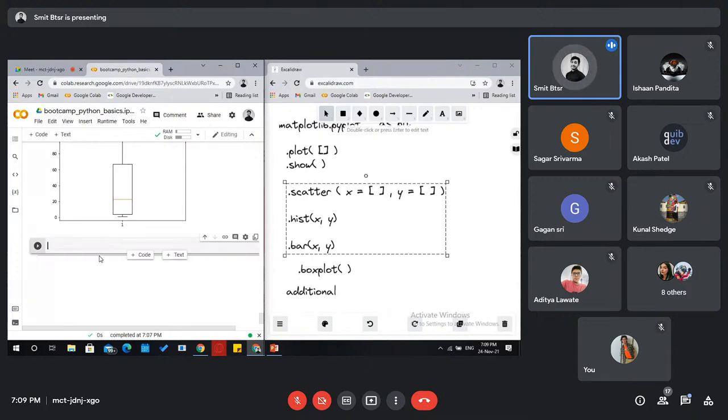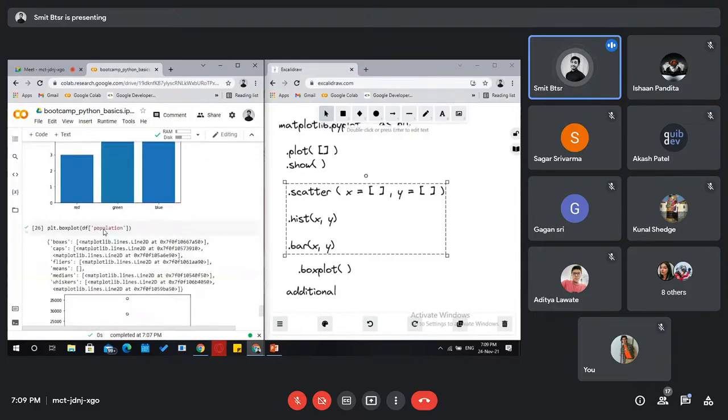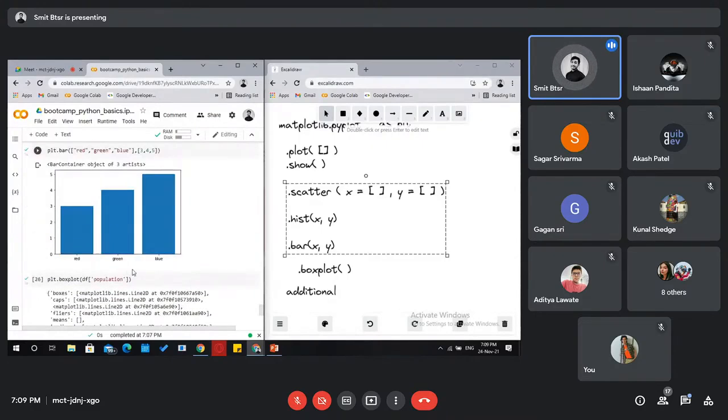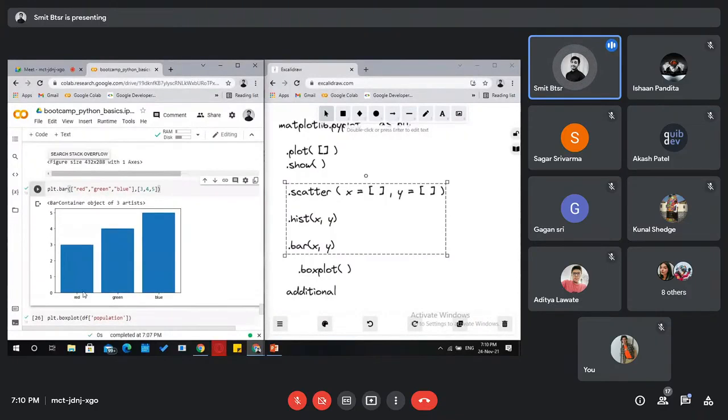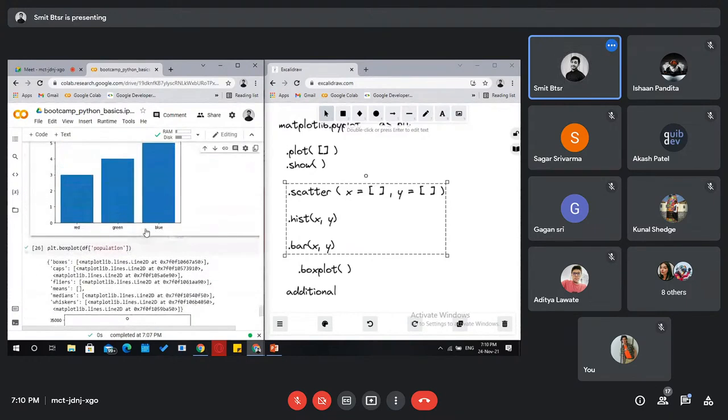Then we can label, as we do in notebooks, right? We represent what all these things are. We label the y-axis, what we are presenting on the y-axis and what we are presenting on the x-axis. Here, these are only values, but we can name them as the number of people wearing red t-shirt, green t-shirt, blue t-shirt. We can do that, and we will try it here.